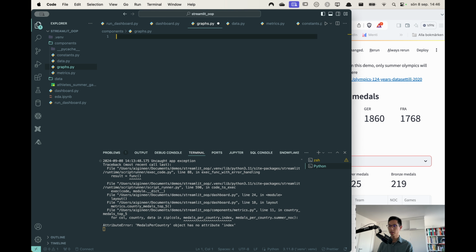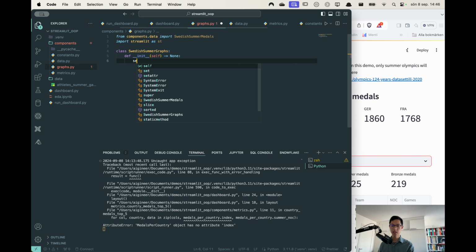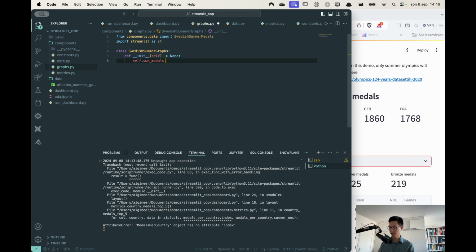And in the graphs we do like this. From components.data import Swedish summer medals. And here we'll use Streamlit as well, because I will display the data directly using graphs. So class Swedish summer graphs. And here def __init__, let's do like this, self.swe_medals equals Swedish summer medals. So I create this instance,